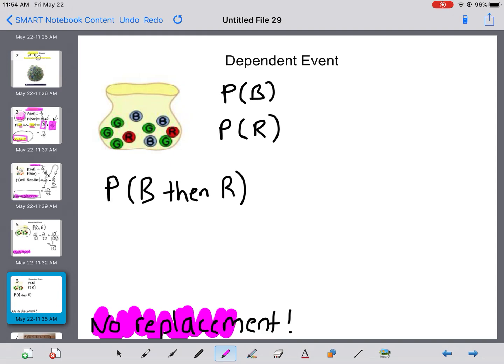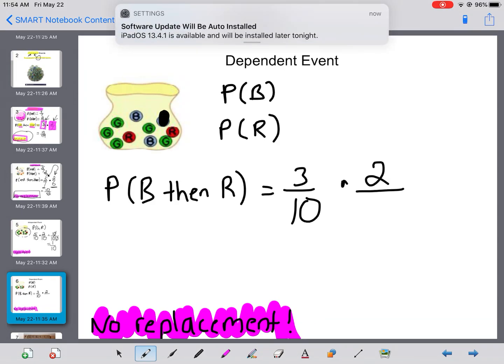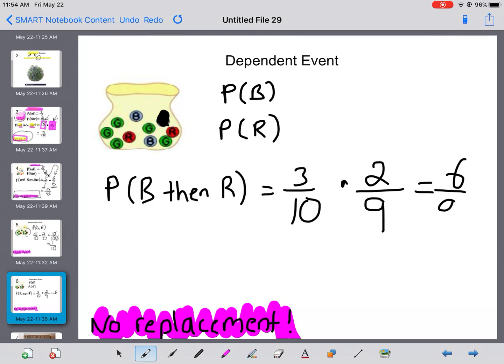So I have the same bag of marbles, but we're not going to put the marble back. So this is dependent. What happens in my first pull of the bag affects what happens later. So what's my probability of blue? Well, it's 3 out of 10, but now I've been instructed to not put the marble back in. So there's still 2 red marbles, but now I have not put the blue marble back in, so it's 2